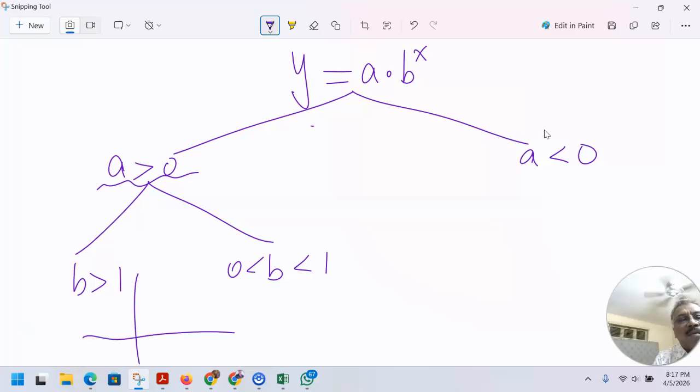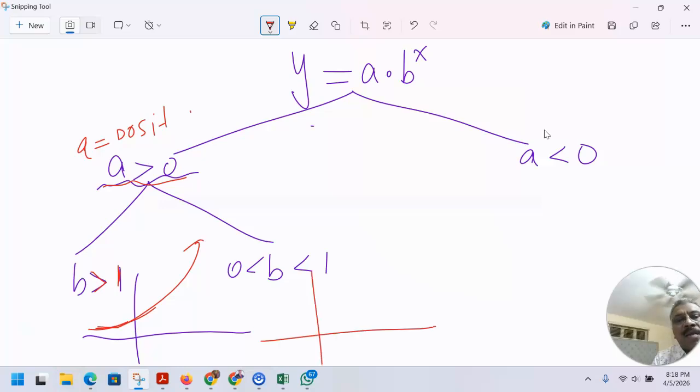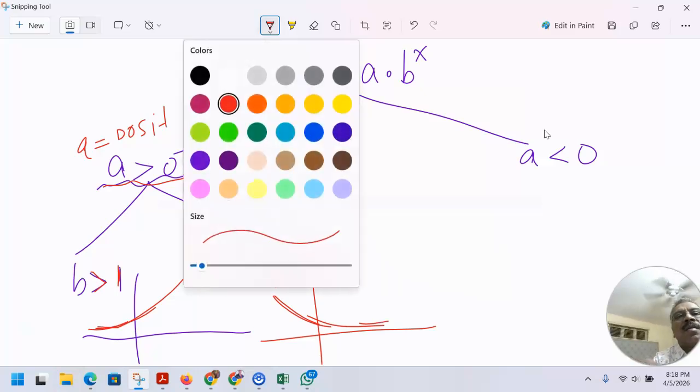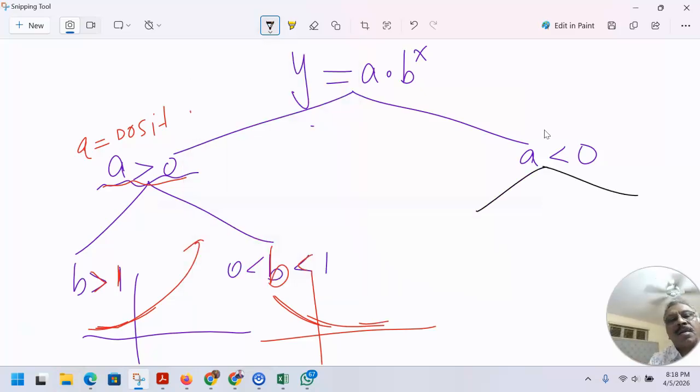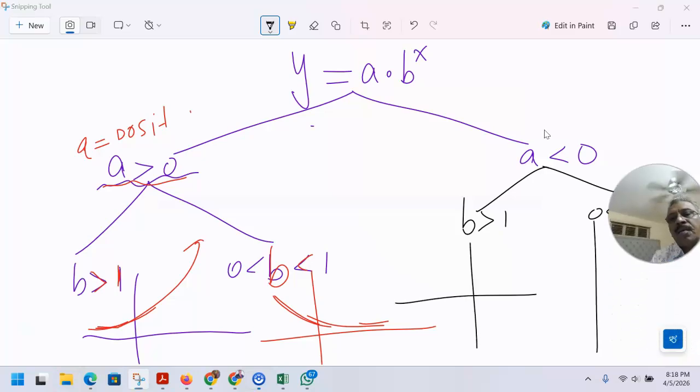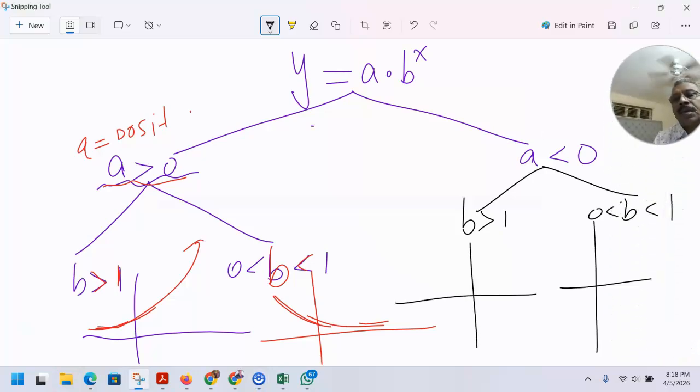So this graph, because it is positive, means that when the first number is positive and b is greater than 1, then there is exponential growth like this. But if the base is less than 1, then there is a decay like this. This is what that means. Now the same thing here also, you have two parts: if b is greater than 1 and b is between 0 and 1, here you have